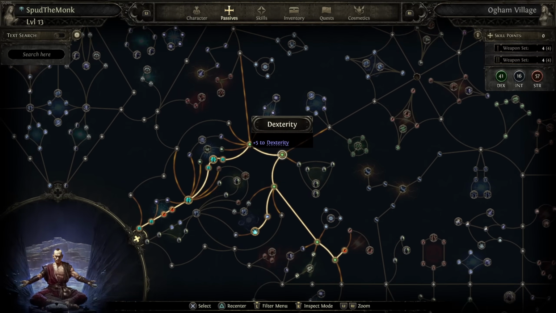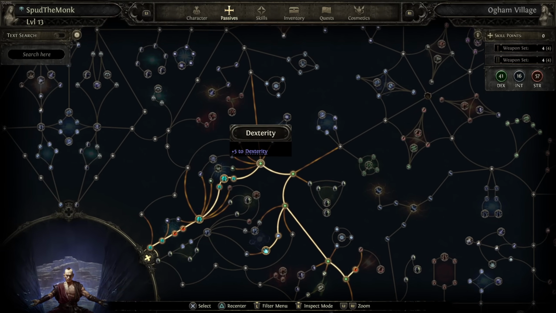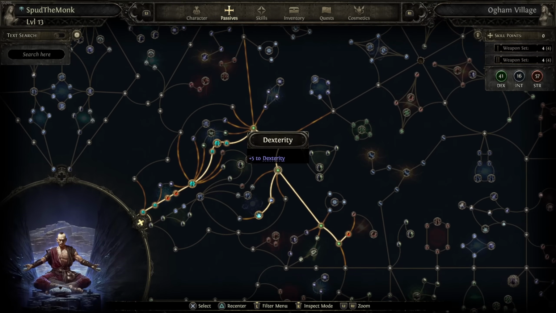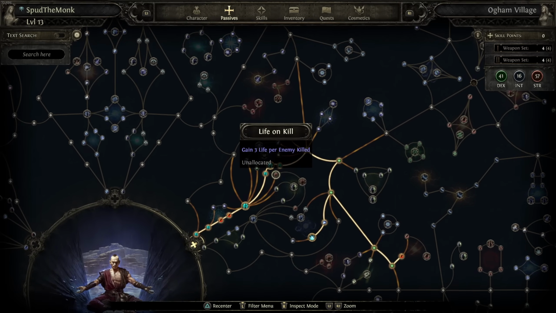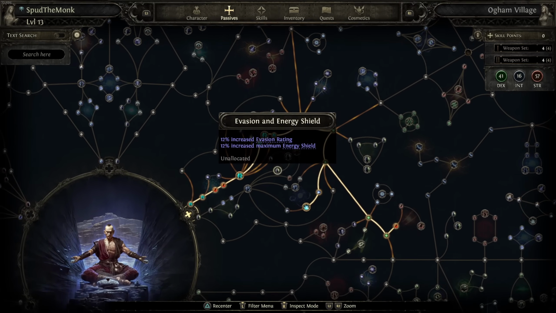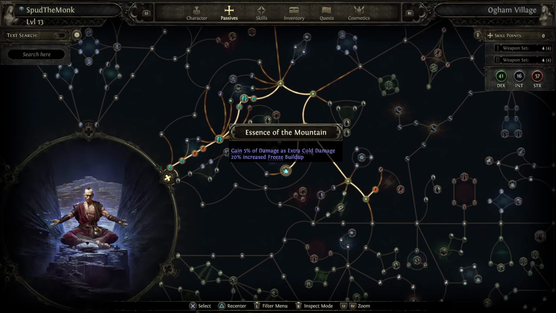There's actually another way you can spec over here. You can waste a little bit more time while you're leveling if you don't need this dexterity. Maybe you found some gear with nice dexterity, with stats, and you don't need them. Then just don't pick this skill speed and go over here. Increase evasion and energy shield. It will give you a lot of survivability. Over here you will get movement speed and mana regeneration, more stats, and then you go to freeze build up